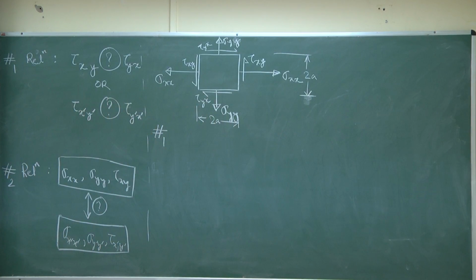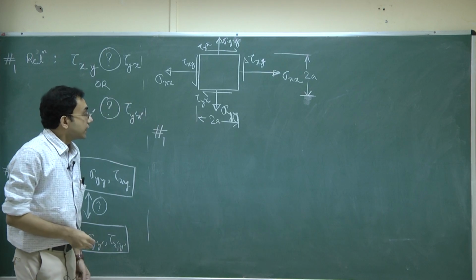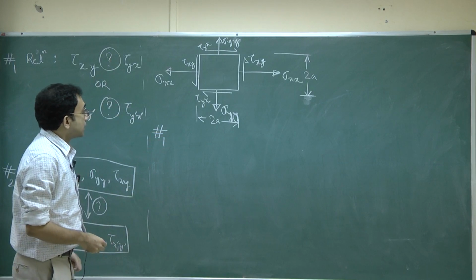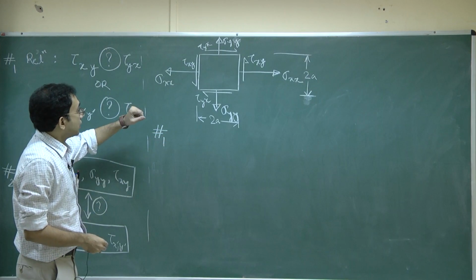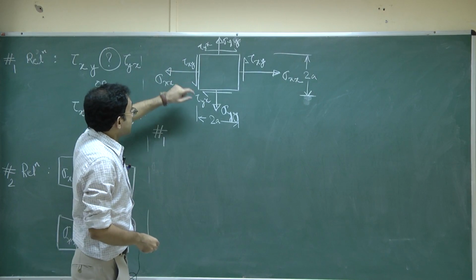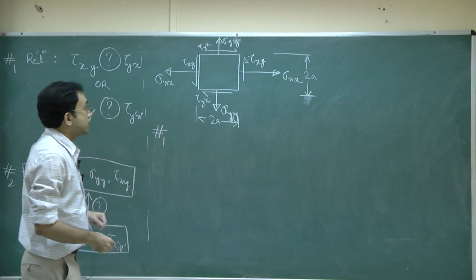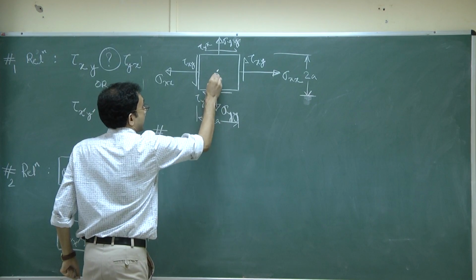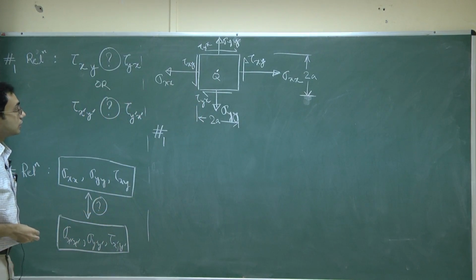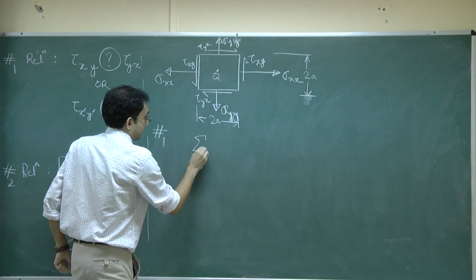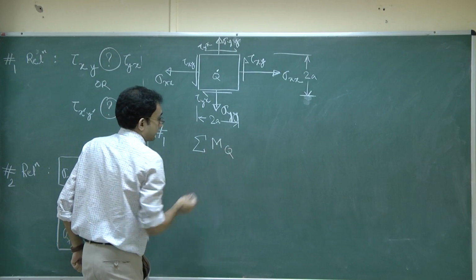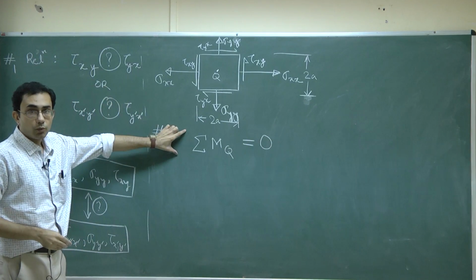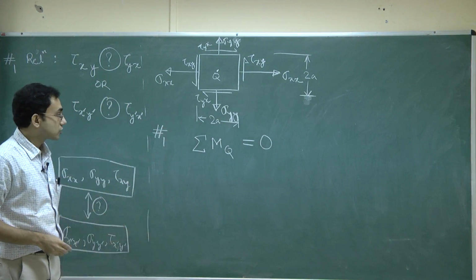Okay. Now, what I want to do is consider the moment about an axis which is passing through the center of this square. Since I have already named that point as Q, now this condition follows from whatever we have learnt in the first part of our mechanics course in the pre-mid-semester portion,